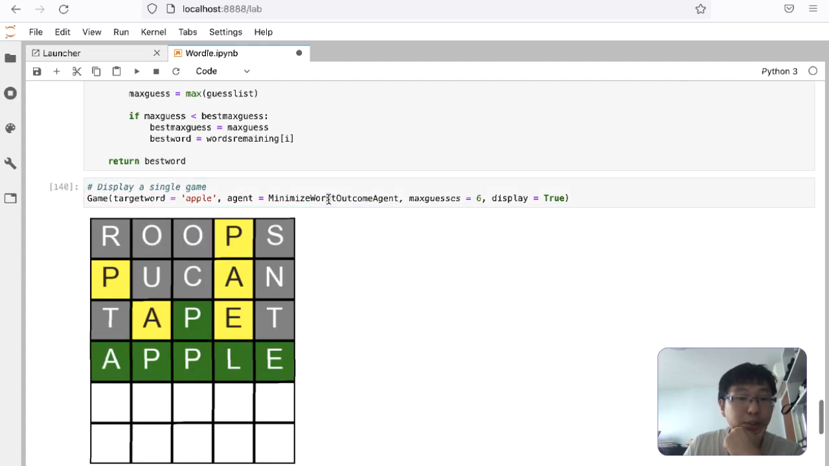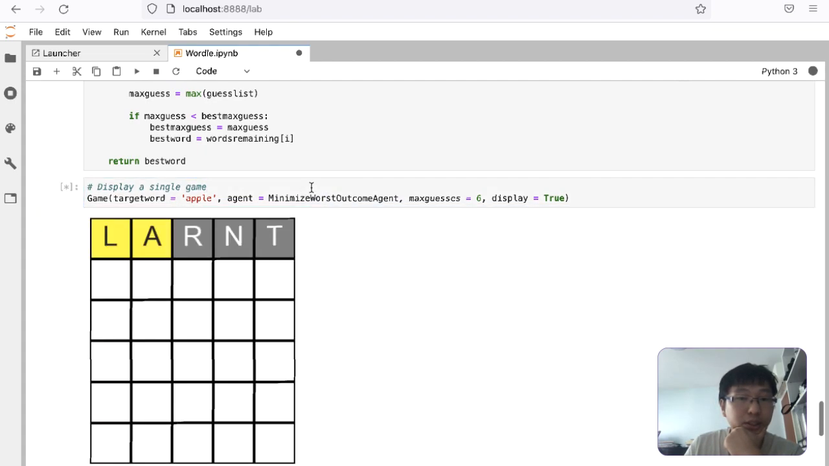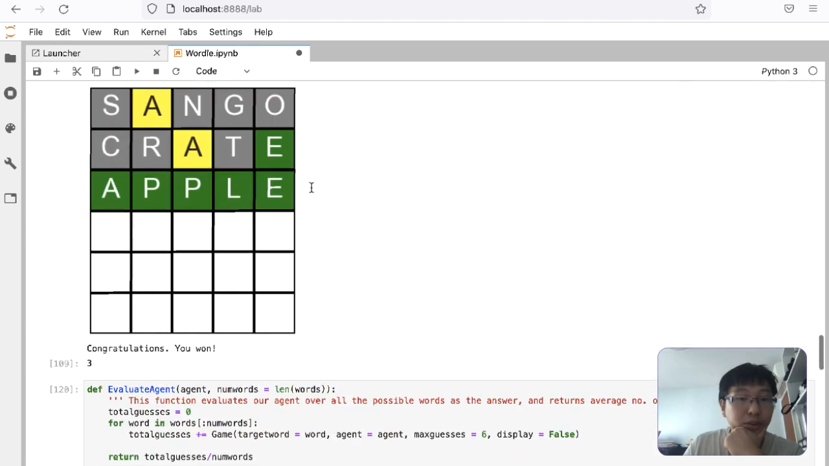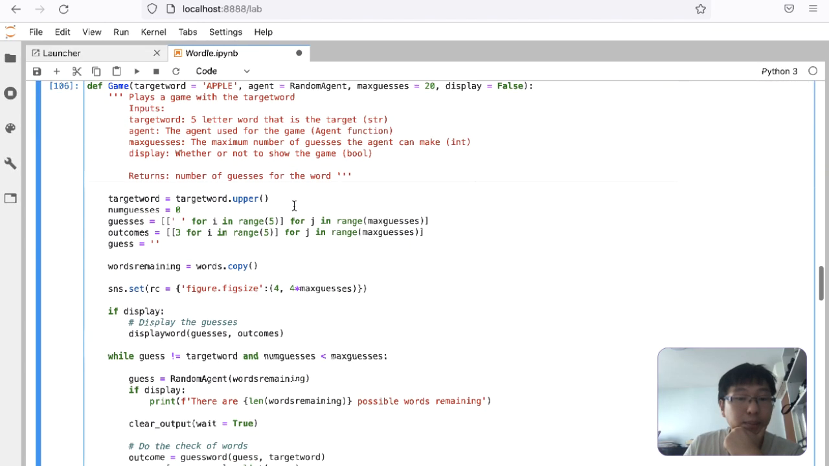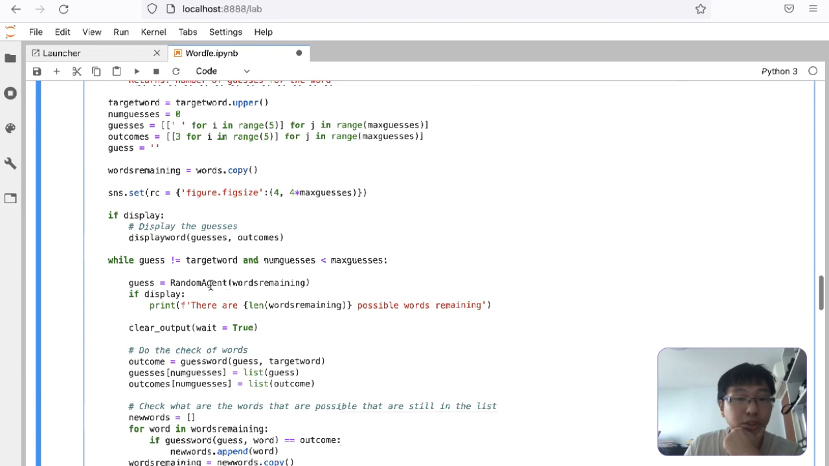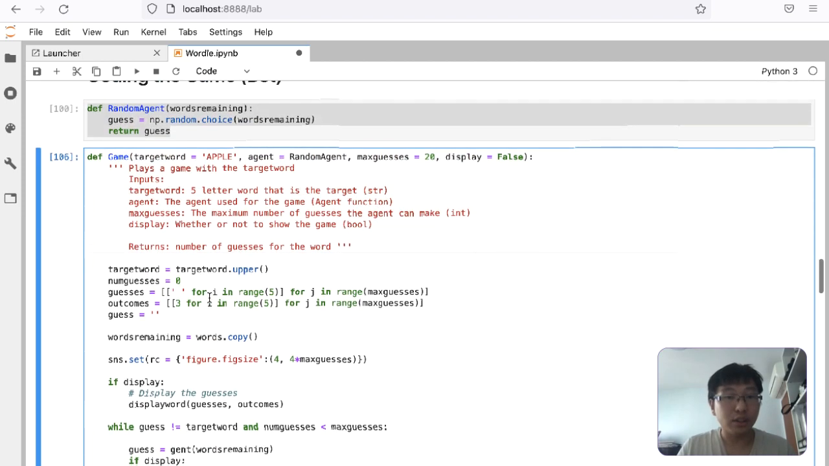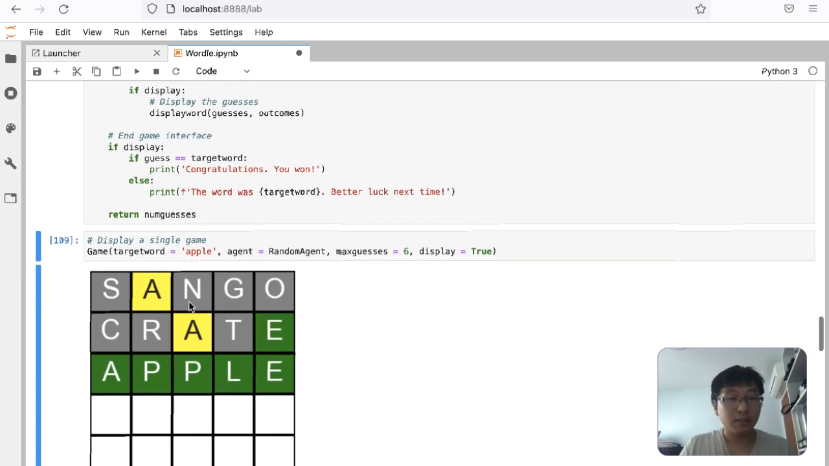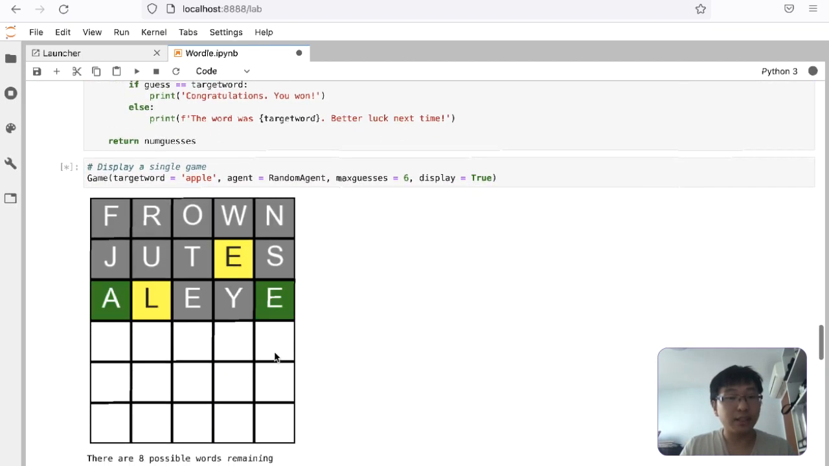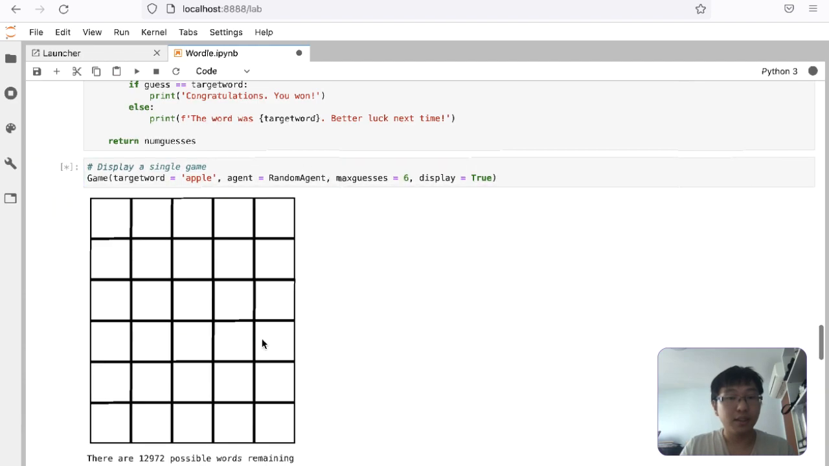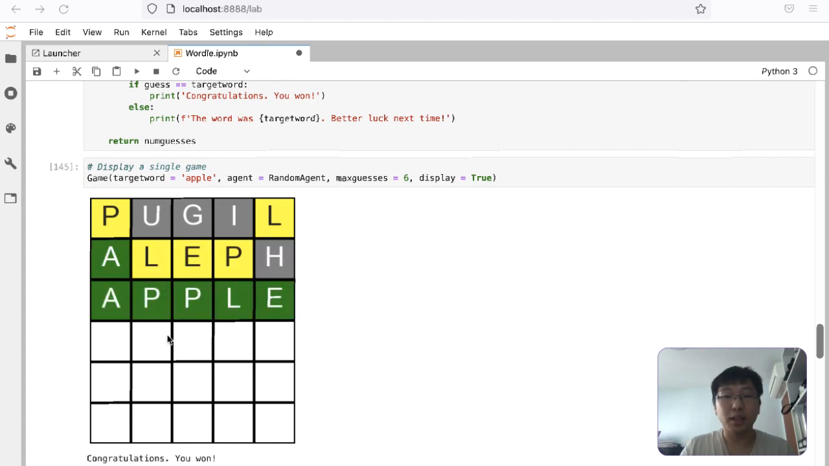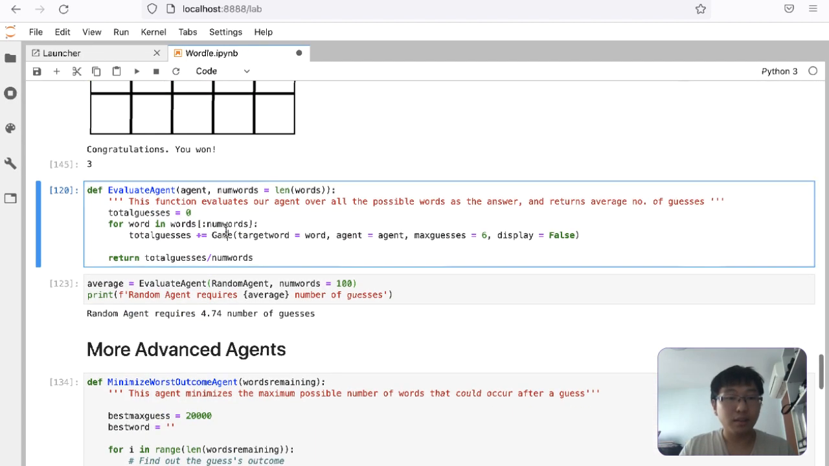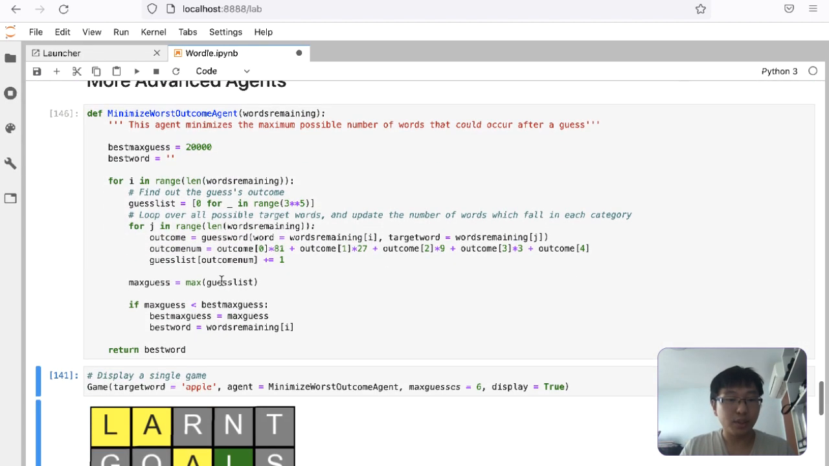Like the word is apple, but, okay, did I do it wrongly here? I think in the game itself it's still using the random agent. So yeah, I did it wrongly here. It should be agents. Okay, because the random agent does this random thing that sometimes doesn't seem to work out. But if I use the minimize worst outcome agent,